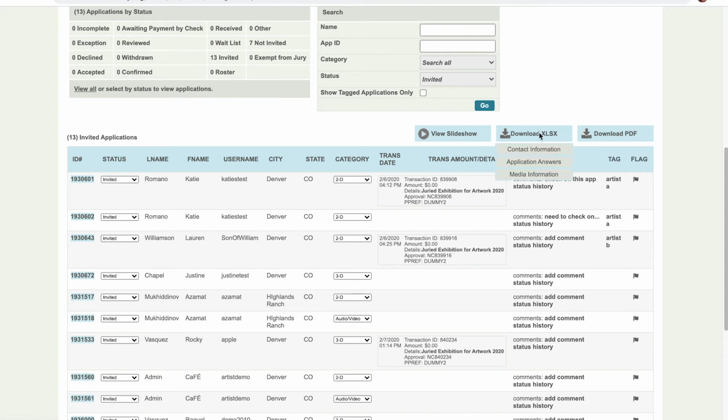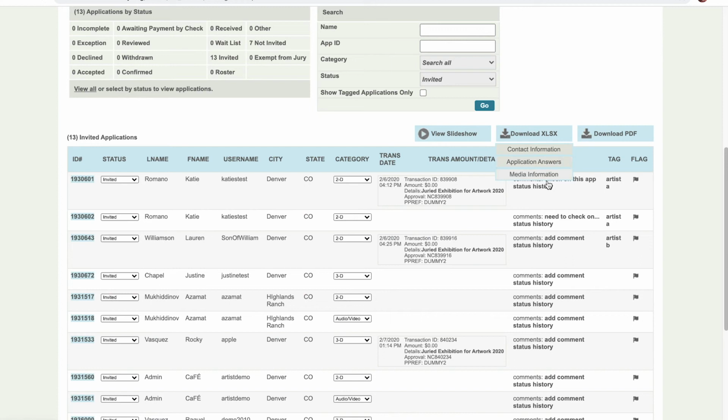Under download XLSX, you can download spreadsheets of the contact information, application answers, and media information. Contact information will give you a spreadsheet of the artists' names, mailing address, email, phone, and website. Application answers will give you the artist's basic info and email, but will also list their answers to your custom form questions if you included any.